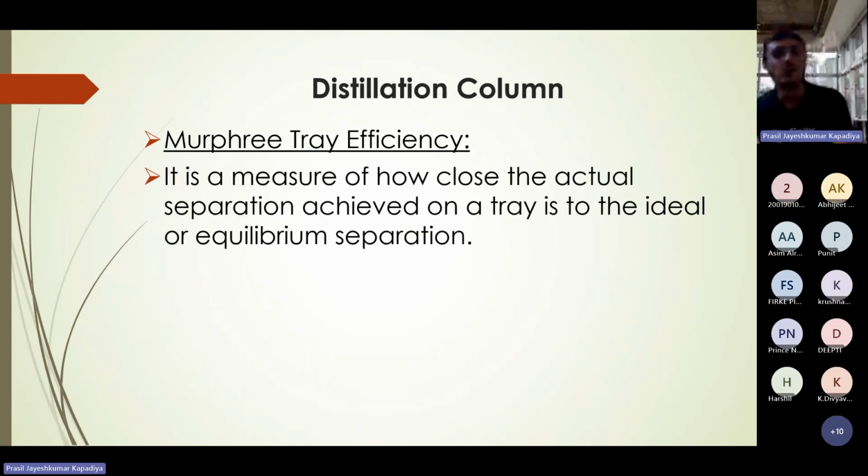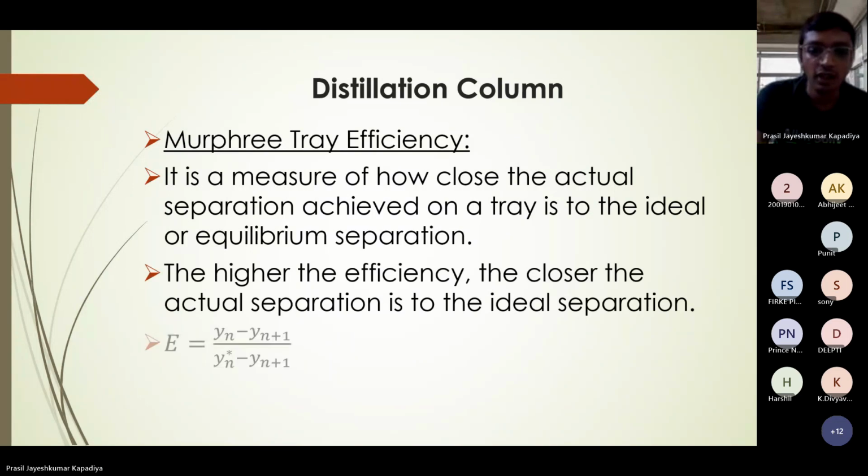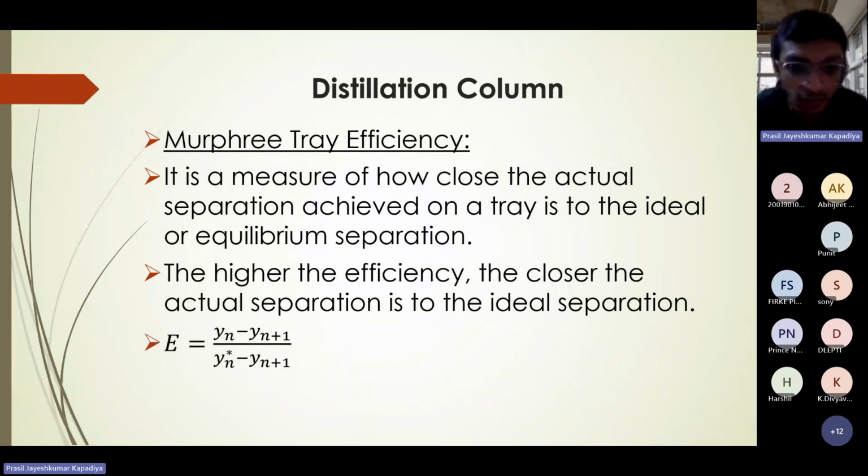Not exactly. Let's say on a tray, liquid is entering and vapor is leaving. This is what happens on a tray. Liquid will enter and after vapor-liquid equilibrium, vapor will leave the tray. Let's say the vapor leaving the tray is not in equilibrium with Xn, that is, the vapor composition Yn is not in equilibrium with the liquid composition. This will be the case most of the time. So in that case, we will be using Murphree efficiency as Yn minus Yn+1,